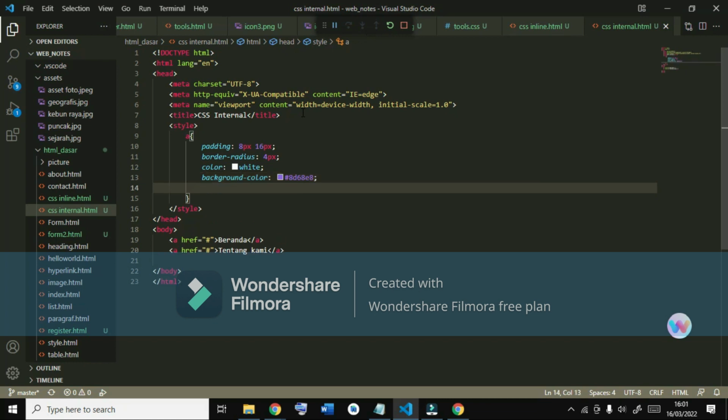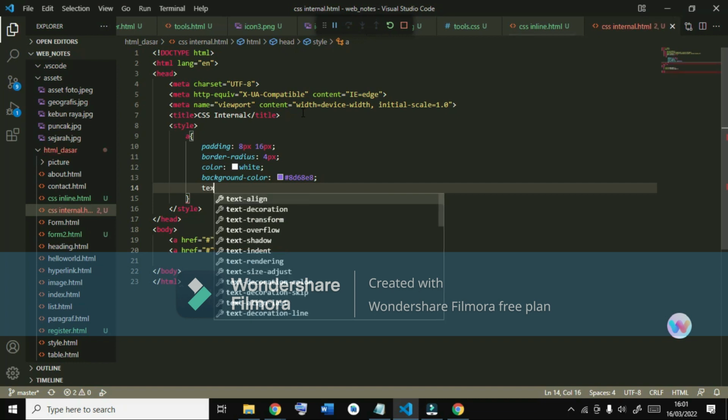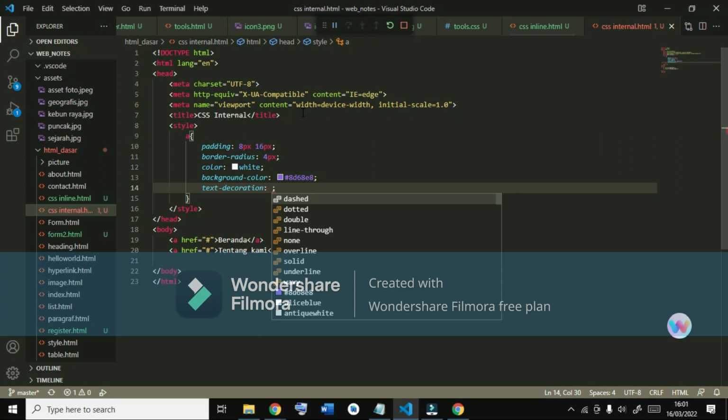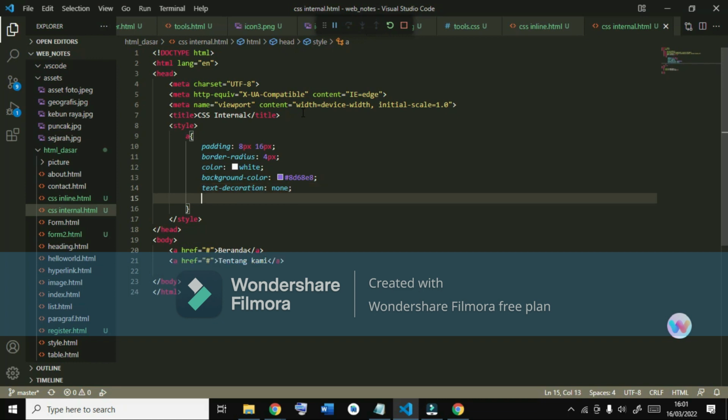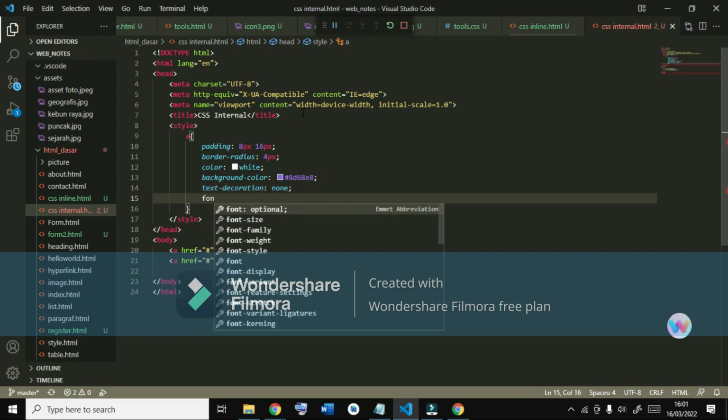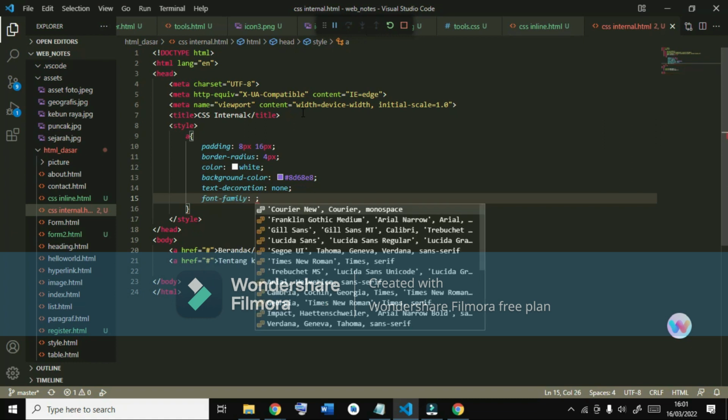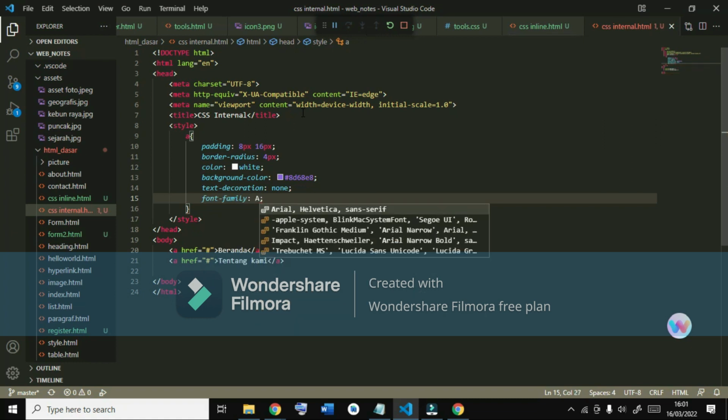Next, text decoration, for example none, and font family Arial.